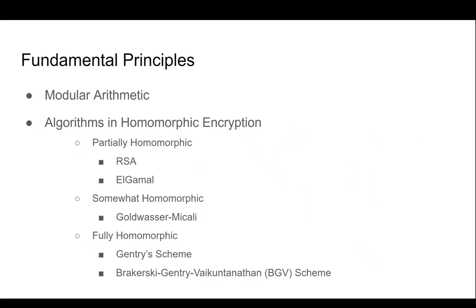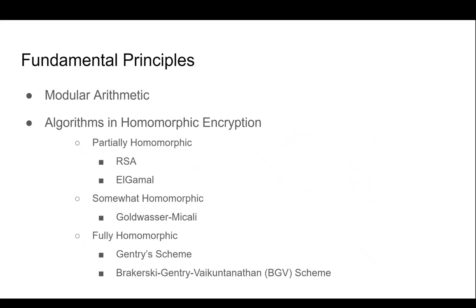techniques, such as those based on learning with error problems or ring learning with error problems, use modular arithmetic in polynomial rings, typically involving operations where the coefficients of polynomials are reduced modulo some integer. RSA is a partial homomorphic encryption, which means that it allows for one type of operation, either addition or multiplication, to be performed on ciphertext an unlimited number of times. For RSA encryption, that operation is generally multiplication, meaning the product of two ciphertexts will decrypt to the product of